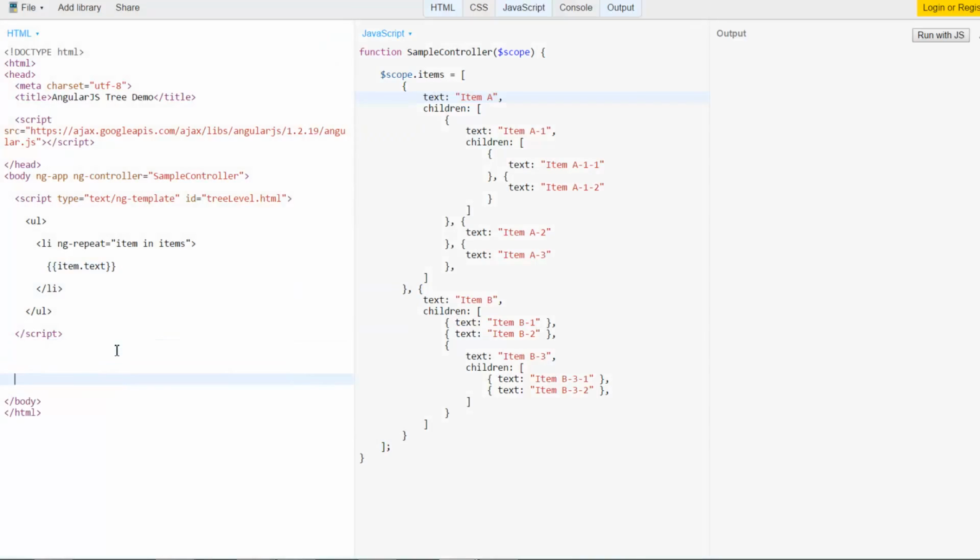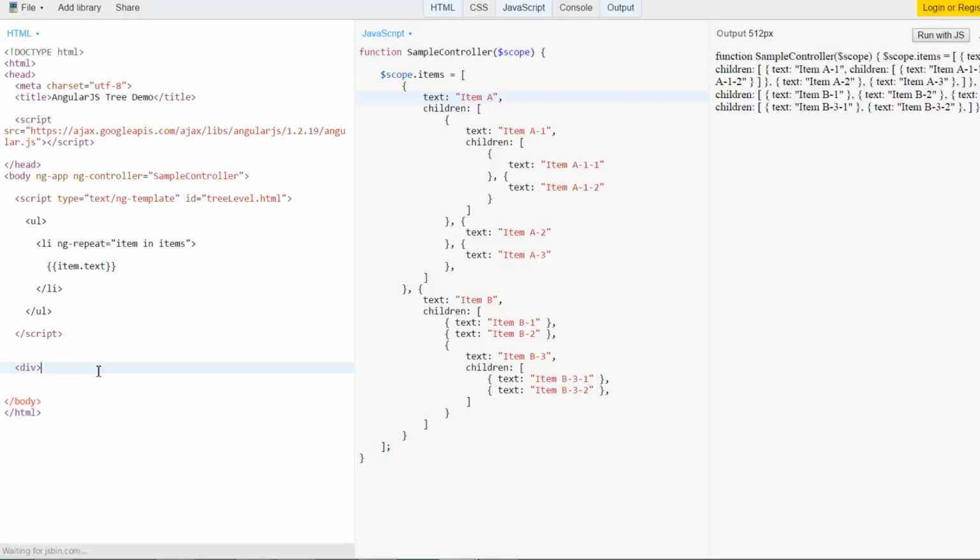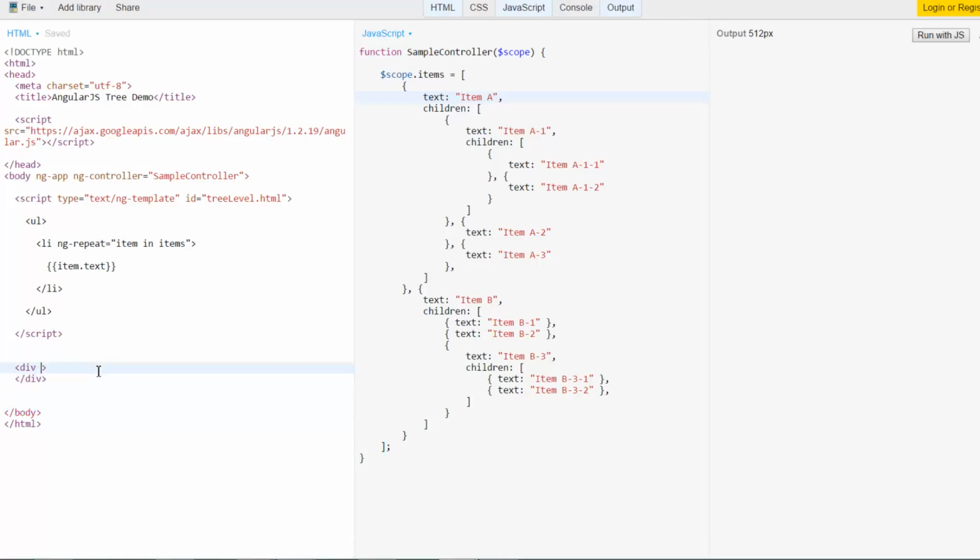Going ahead with that, I have my template created, but I haven't called it yet, so I'll go ahead and do that. I'll say here's a div where I want my template to render, and to tell AngularJS that I need to render a template in here, we use the include directive. And in the include directive, you're supposed to include the JavaScript expression that evaluates to the name or the URL path of the template. So if I enter